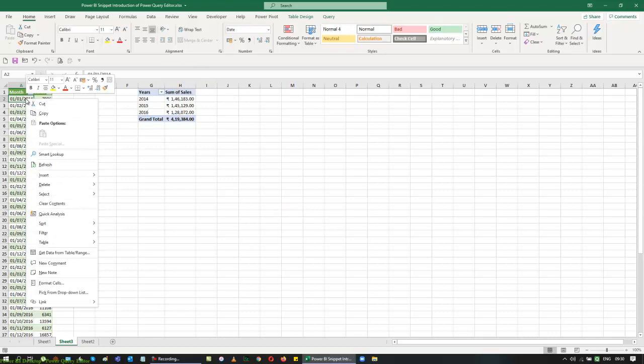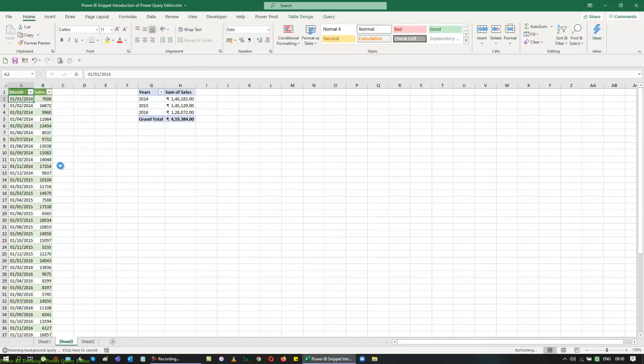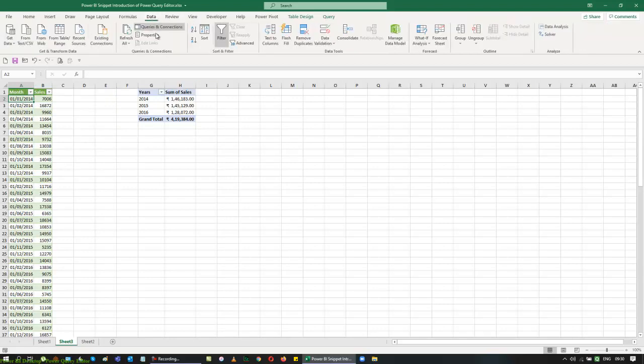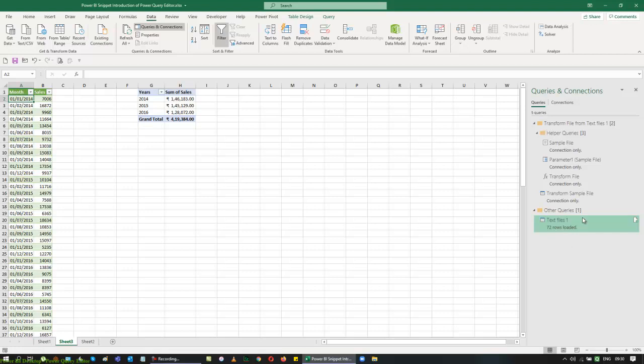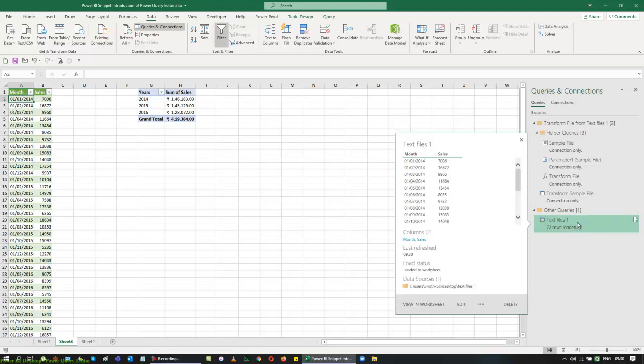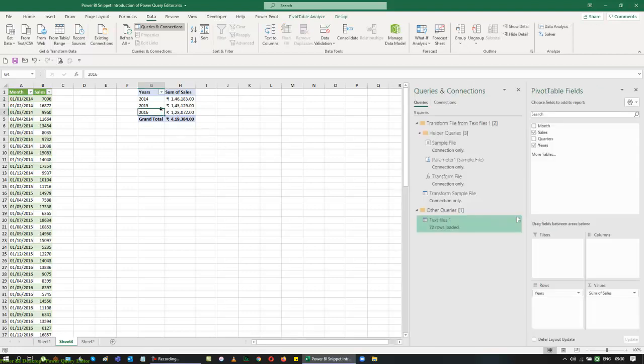So earlier I had only 36 line items. Now it's going to become doubled. So you can see 72 line items. Sorry about that, I said a wrong number. And now I'm going to refresh this. It's going to add the next 3 financial years of data. And boom, you got 6 years of data.